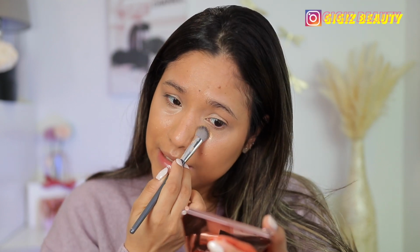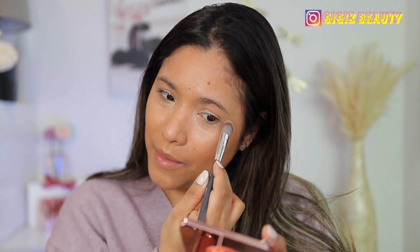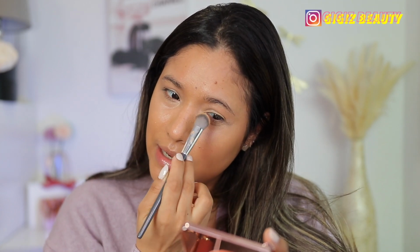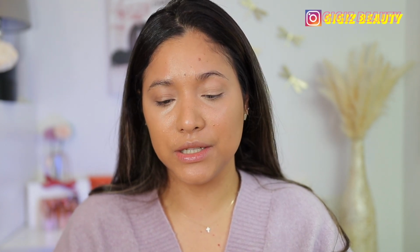Is this a really nice concealer? Yes. Is this something revolutionary that you need to run and grab? Not really. It's just a really good overall concealer. I like that it is clean and I like that it has great ingredients too. They describe the concealer as rich, ultra creamy concealer that helps visibly brighten, conceal, and nourish the complexion with a